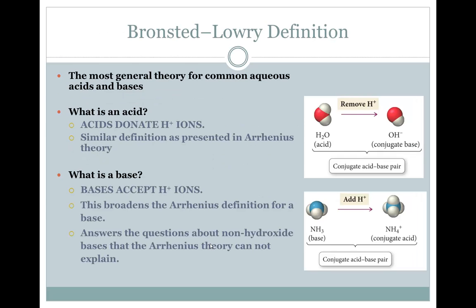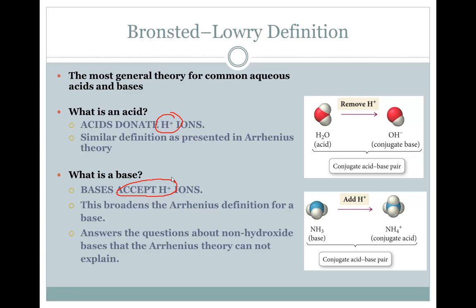And that brings us to the Bronsted-Lowry definition. This is the most general theory for common aqueous acids and bases. Acids, once again, donate the hydrogen ion. It's similar in definition to what was presented by Arrhenius. But the bases are different. Instead of being an OH minus donor, such as Arrhenius said, it becomes a hydrogen acceptor. This broadens the Arrhenius definition for the base, and it answers the questions about the non-hydroxide bases that Arrhenius theory